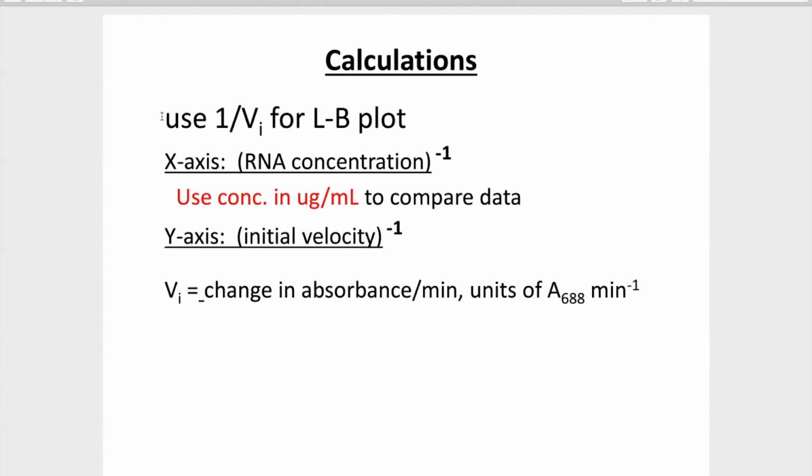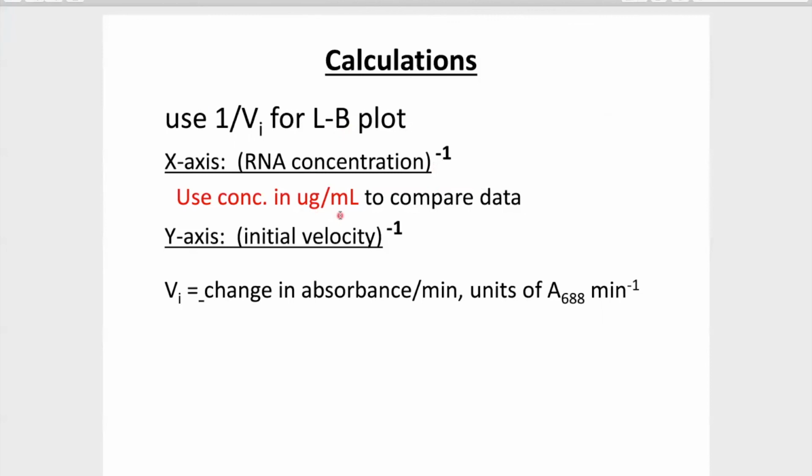For your calculations, you're going to use 1 over V, initial velocity, for the Lineweaver-Burk plot. Your x-axis will be RNA concentration to the -1, or 1 over RNA concentration. Please, I would prefer you put RNA concentration to the -1, right? All this means is the reciprocal of RNA concentration. It's very, very important. You're going to use the concentration, and your units will be in micrograms per milliliter to